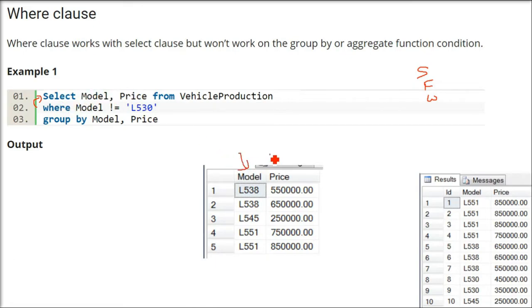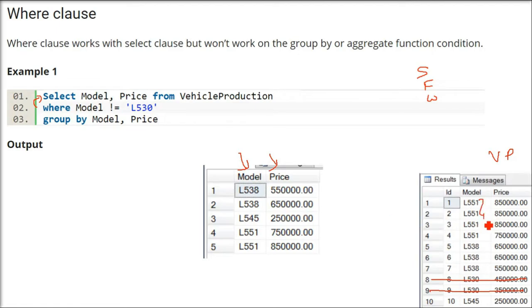We want model and price, so these columns will come, model and price. From vehicle production, this is our original table, where model not equal to L530. So the rows which are having L530 will be eliminated first of all through the where clause. Now grouping will be done on model and price without this L530.